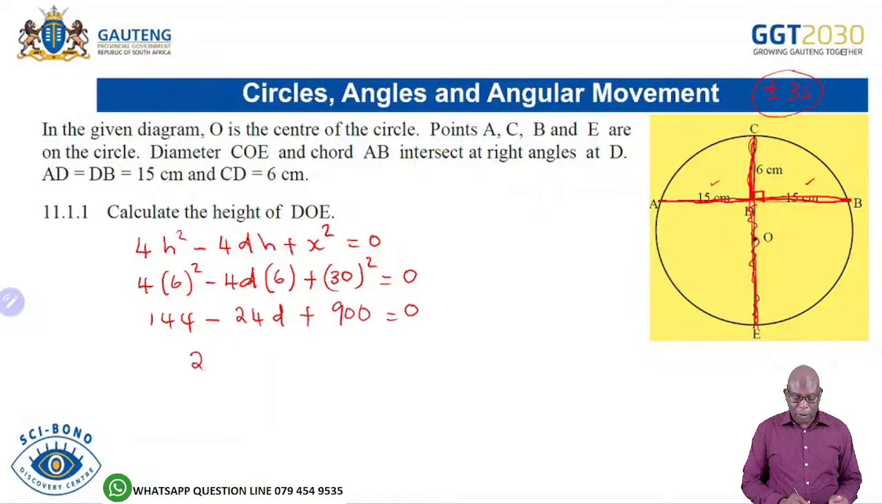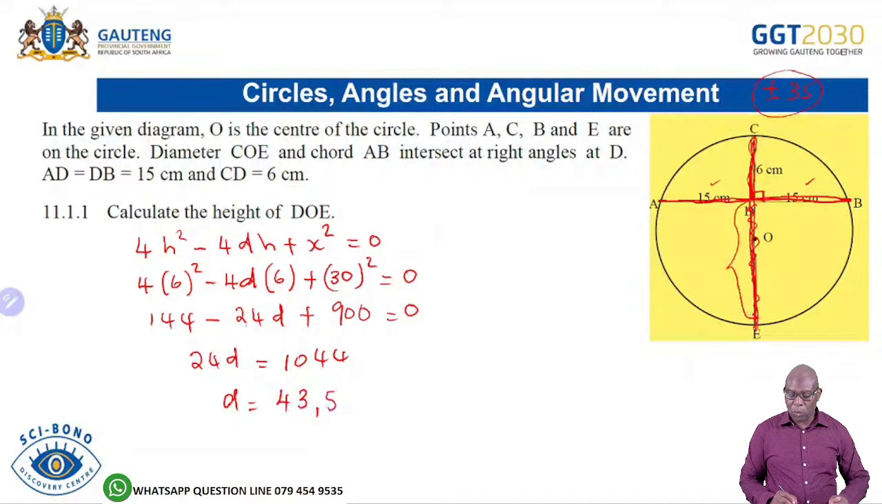So remember, I'm looking for the diameter. So my diameter 24D, it's equals to 1044 if I take the 24 that side. So the D will be equals to 43.5. So meaning that my diameter there is 43.5. But I'm not looking for the diameter. What am I looking for? I'm looking for this length here, which is my DOE. So if I know that the whole length is 43.5, then it means my DOE will be 43.5, subtract the 6, and therefore we'll get 37.5